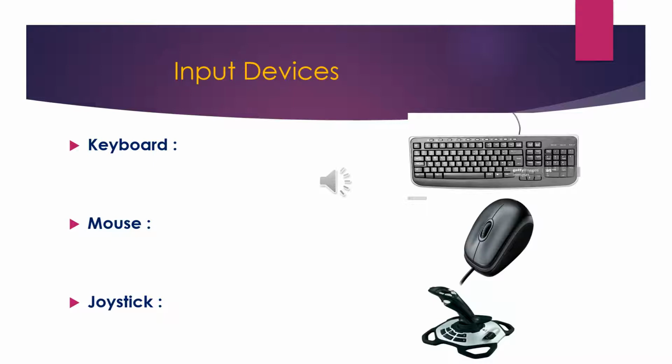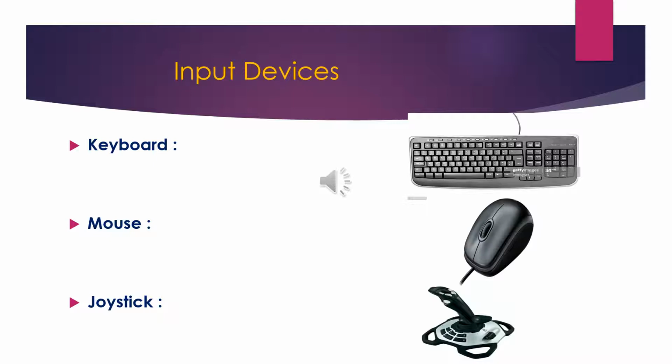The second one is a mouse. As you can see in the picture, it's called mouse because it looks like a mouse. So, a mouse is a device to draw things and select items and text on a computer. Whatever picture you want to see, whatever content you want to see, to click on that we use mouse. So mouse basically is a pointing device.